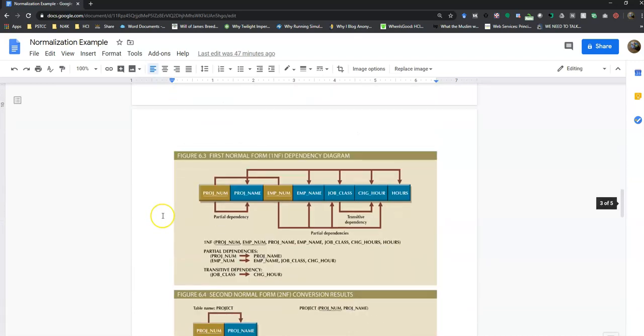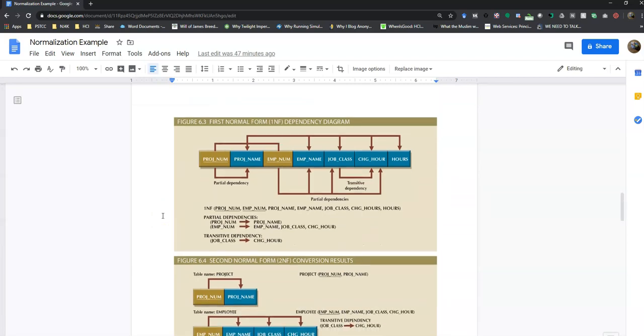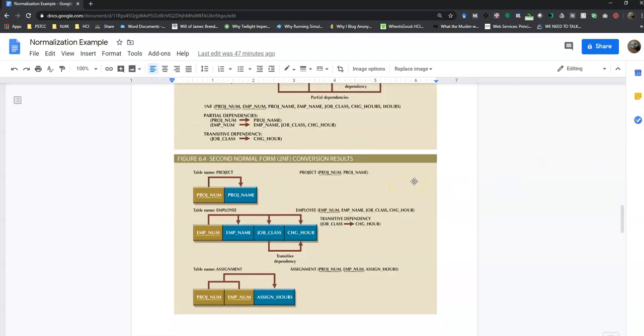So let's look at the solution. The solution is something called decomposition. So composition, the etymology is position together. Com means together, position, put. You put things together. Decomposition is to take them apart. Reverse that process. So we're going to take this one first normal form table and break it down into several